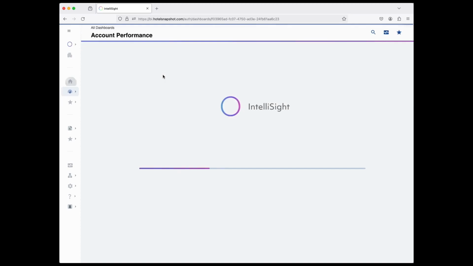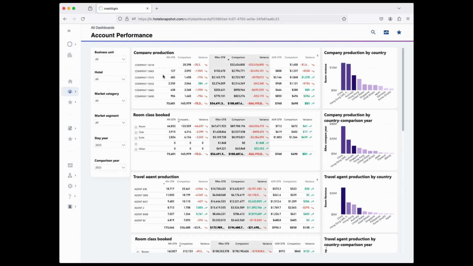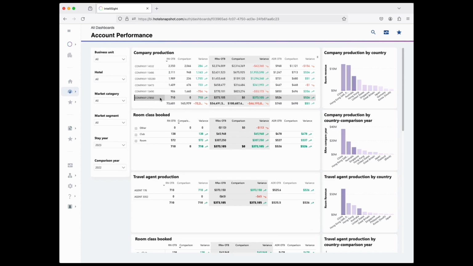Next, we'll have a look at the account performance. Our account performance dashboard has the ability to show both company and agent performance on the one screen and how they interact with each other. So if I have a look here, we can certainly look at how a certain account or certain company is performing versus last year,